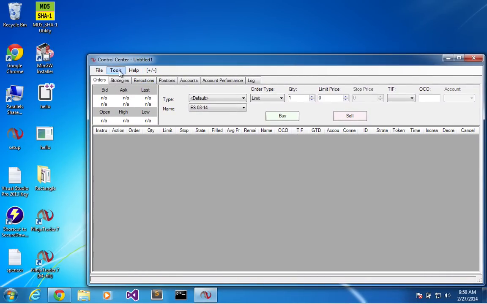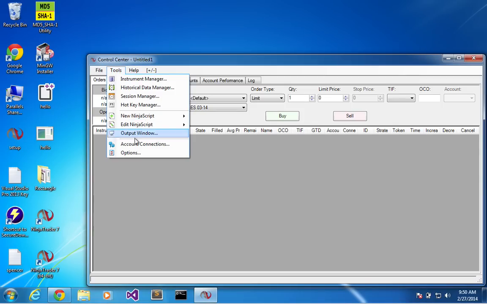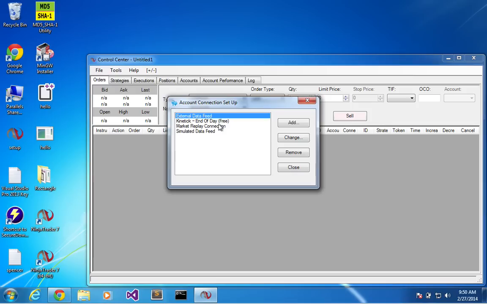So now we have to put in an account connection in order to actually get some data in here. So I go to account connections, and all of these things over here are not real time. So I want to add a real time data feed. That's what AMP Futures was for. So I can then just go add,